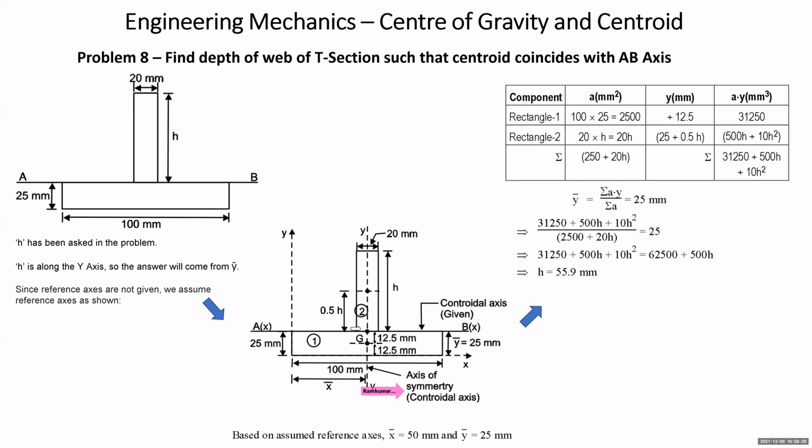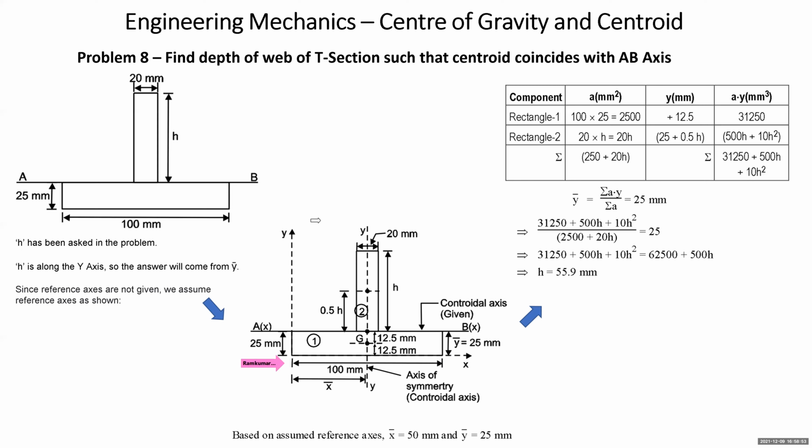So this point is the centroid of this plane area. This point is the centroid of this plane area, students. Now, your unknown dimension is in the y direction, so the answer will come based on y bar. Based on reference axis y and reference axis x, you can understand this point is the origin. For solving this problem, I have taken this extreme left bottom corner as the origin, because you can see the y-axis and x-axis are marked here.